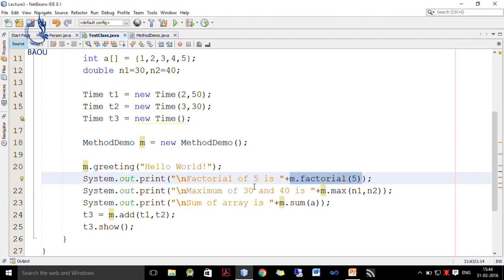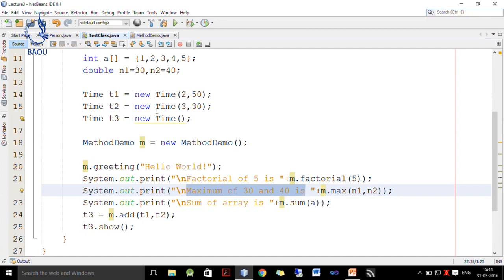So, it will print factorial of 5 is 120. Then we have already declared two double variables. So, we write maximum of 30 and 40 is, which is the value of n1 and n2, and the max method returns the maximum of these two values, which we initialized to 30 and 40. So, maximum of 30 and 40 is 40 will be displayed.